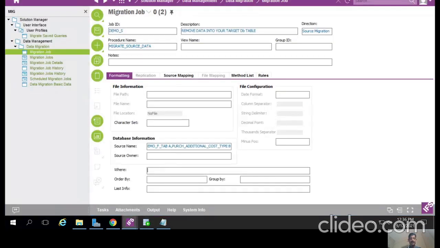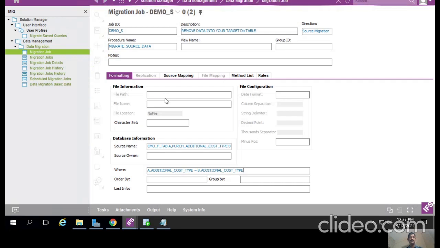Under the where section, a dot, because the same columns are also in your time table. So put your alias name, a dot, your time table primary key column, and the primary key column of your target. Okay, both are the same. So put here a join condition under the where clause. Now you can see, go to your method list.